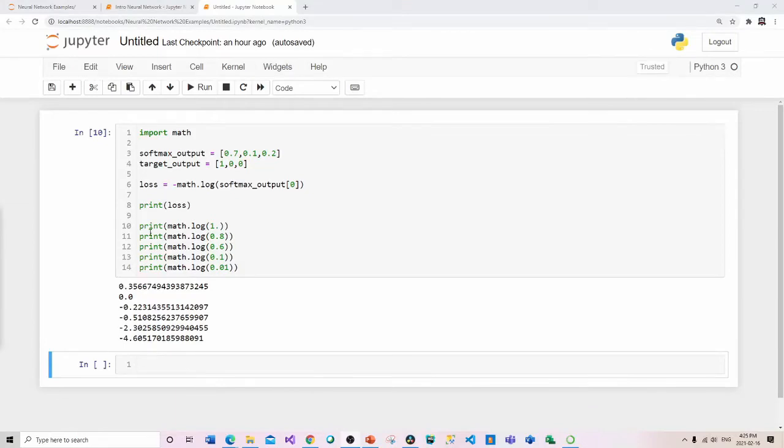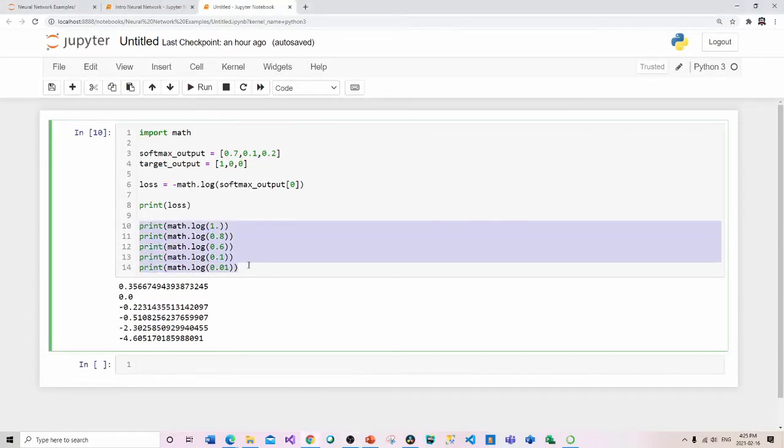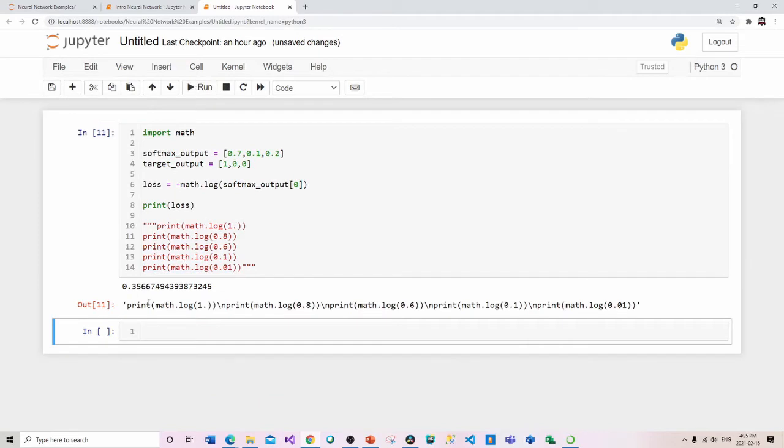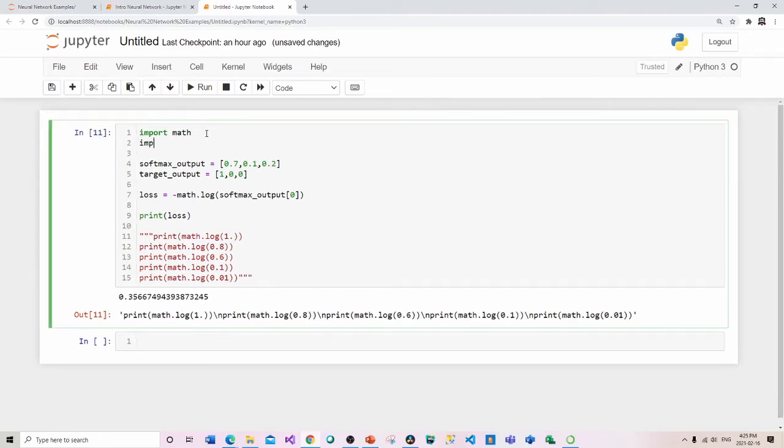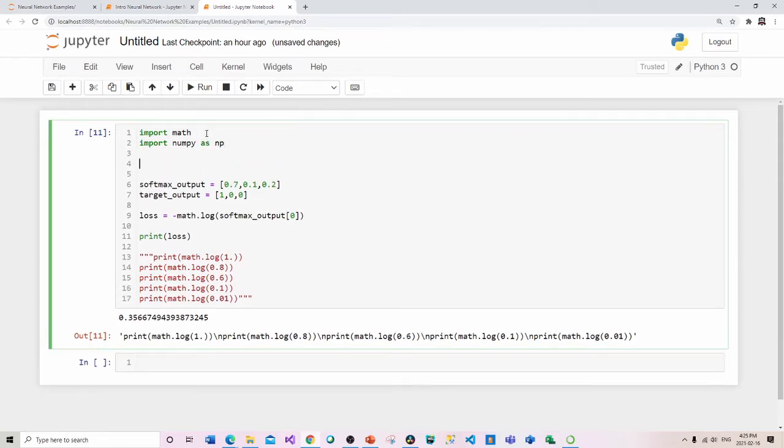Let me go back in here and clean all of this up. I'm going to run this just to see if it'll clean or if I have to delete it. It doesn't matter. But one thing I will do now is import numpy as np. So we're going to use numpy. And then if we say that b is equal to 5.2,